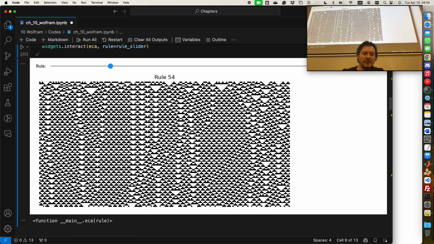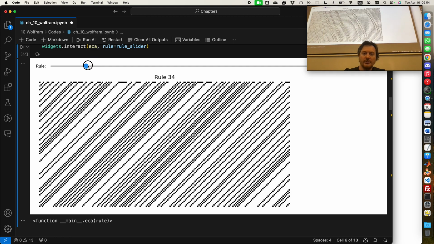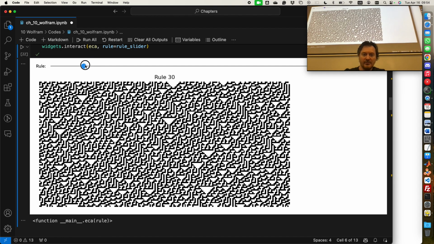As you can see, there are these stable orbits going, and then they are interacting with things coming from the sides, and they are creating logic. Probably it's Turing complete, but no one has shown this before, I guess. The thing with rule 30 is it's too chaotic to build anything.